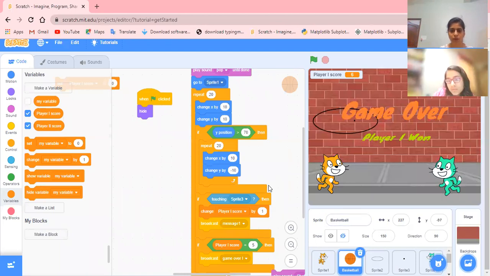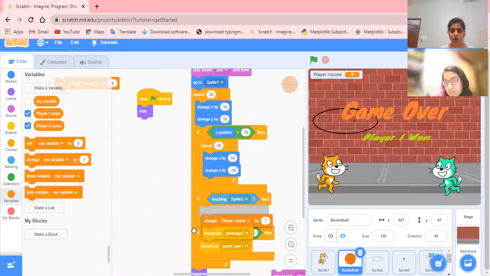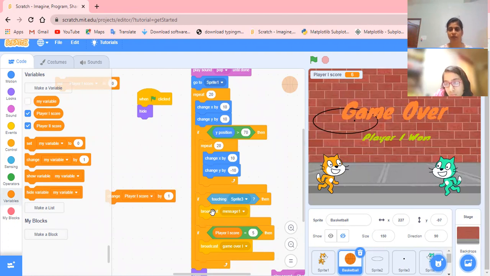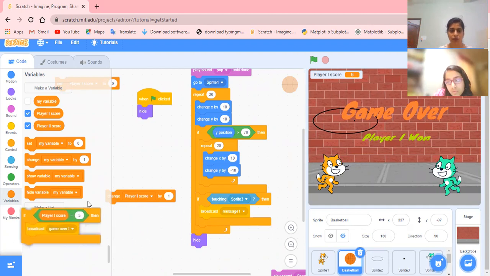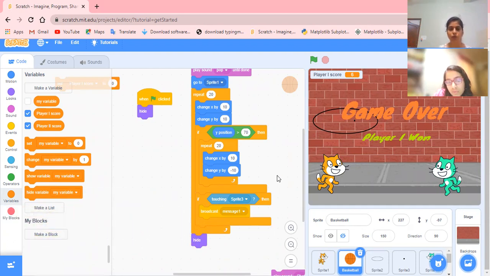Okay. To solve that problem, we are changing the value of the variable here. In this block, if touching sprite 3, as it is touching sprite 3, we are changing by 1. So when it is passing towards sprite 3, 1, 2, 3, quickly it is increasing, and then we are sending a broadcast message. So I'm thinking not to increase here, as it will touch once and send the broadcast message, but the increment is happening twice or thrice. Am I right? Yeah. And this block also, because the score variable we are not using here. So for both these things, I'm planning to do something else.